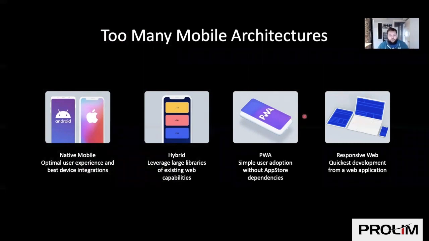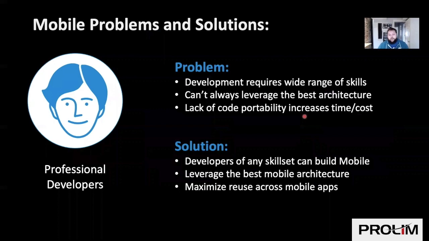So talking about the buyer specifically, let's start with the functional buyer, the professional developer. This person is influential in our deals. They're frequently not a decision maker, but they're very important, particularly in competitive deals, but also in terms of executing on delivery of mobile solutions. So what is their view on mobile